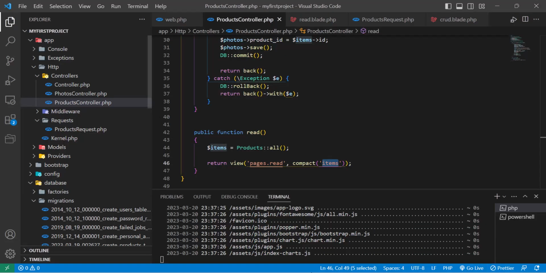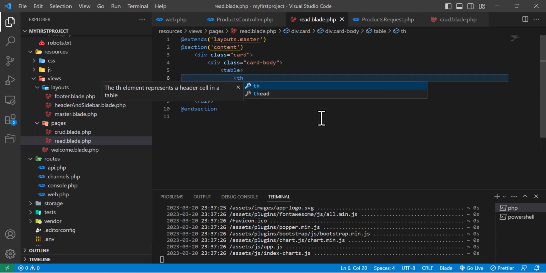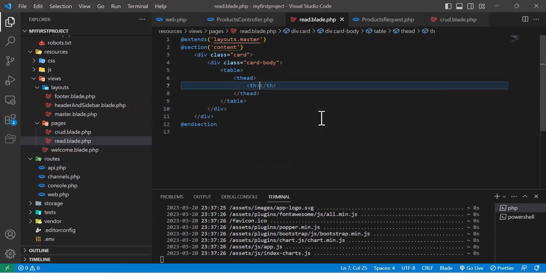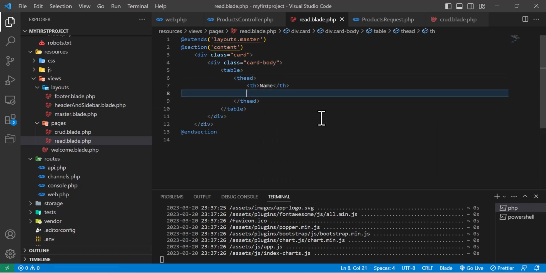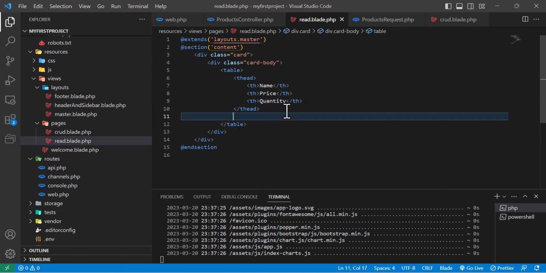Now let's create a table in here to show our data. To do that, I will type table head, and in here th, where the first thing is name, then copy two more times, and our second column is price, the third one is quantity. Now inside table body